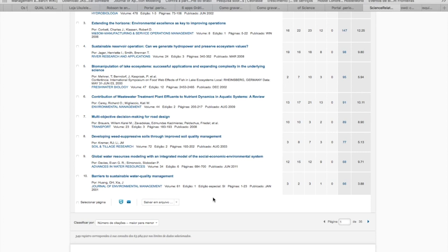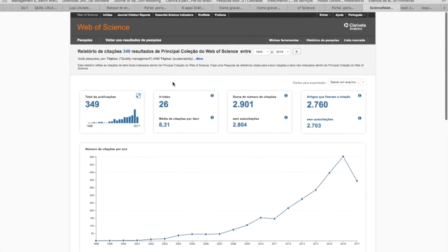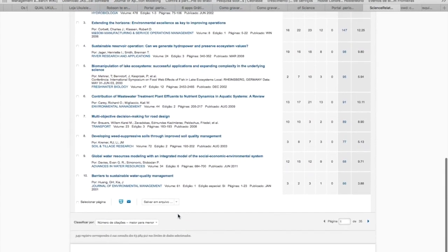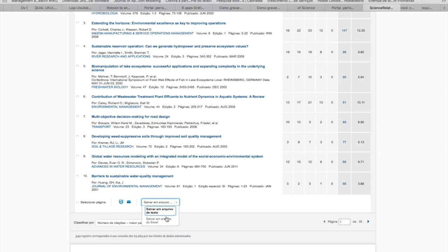Surely there is a more adherent keyword. And where can I find those more adherent keywords? You can find them in other published articles on the topic. You search for an article and see which keywords it used, and start using those same keywords. But coming back here, we have all the results, and what I'm going to do here is just save